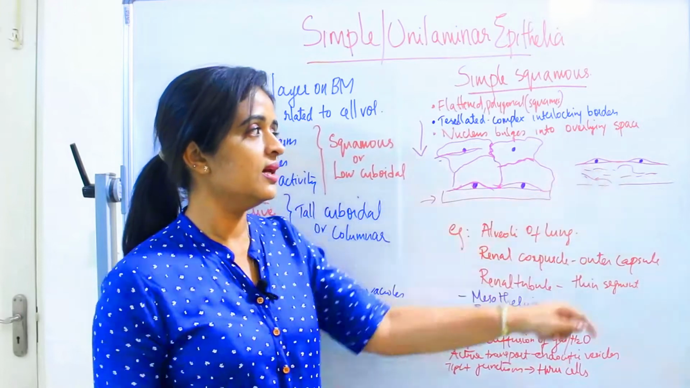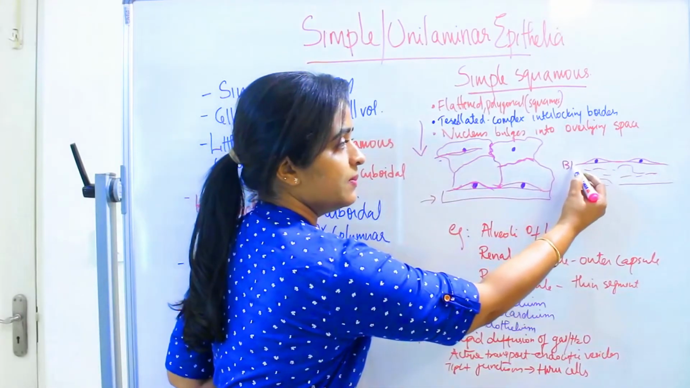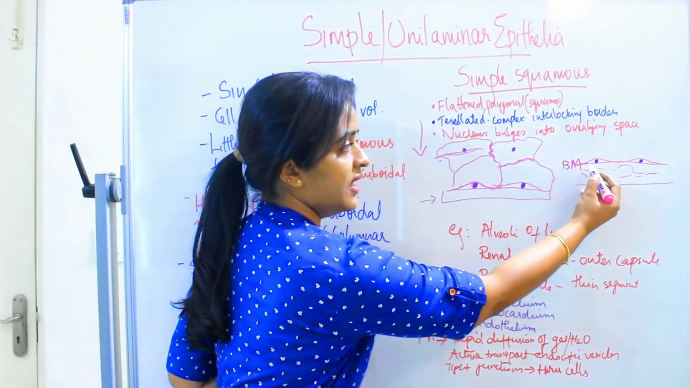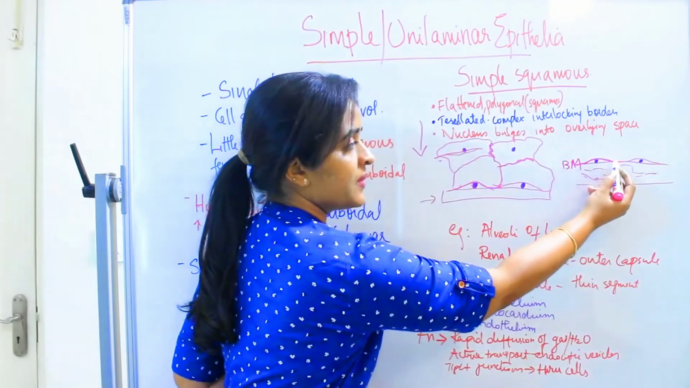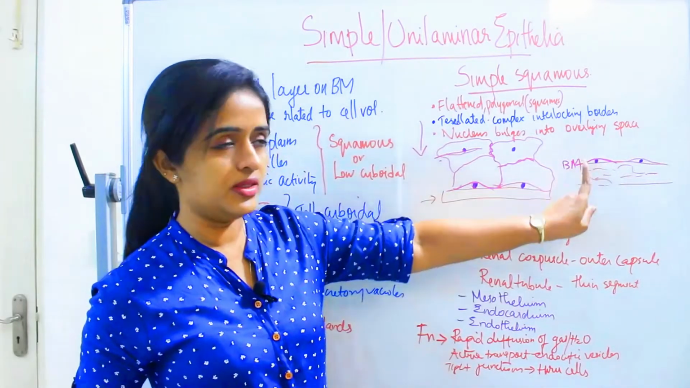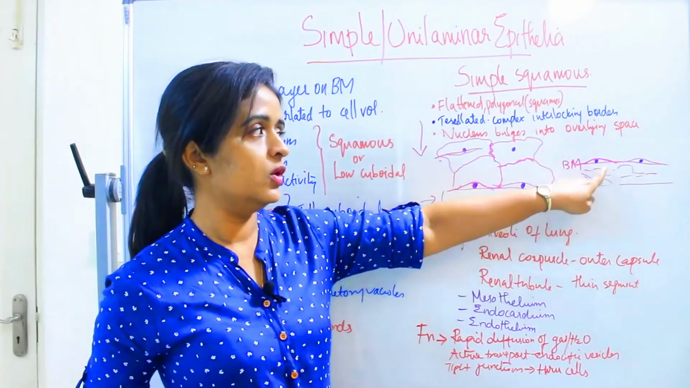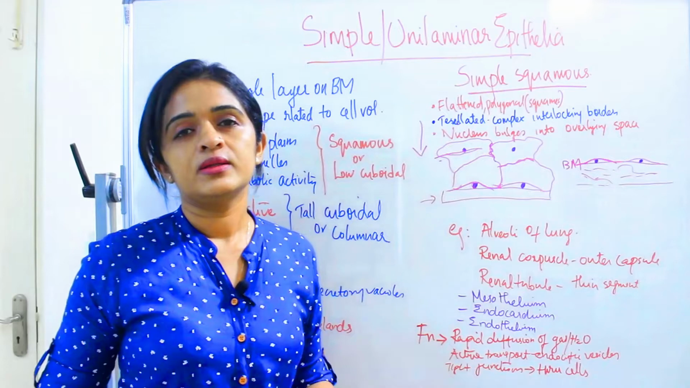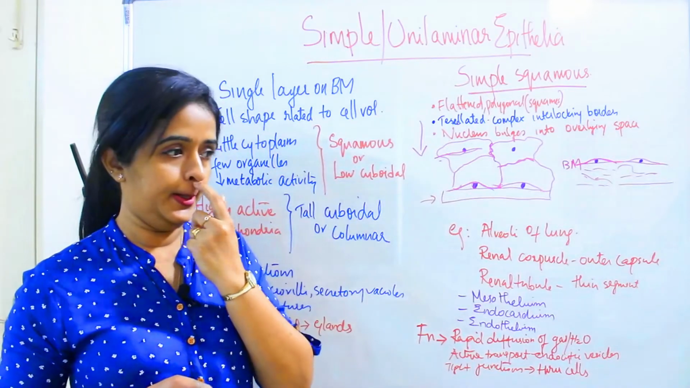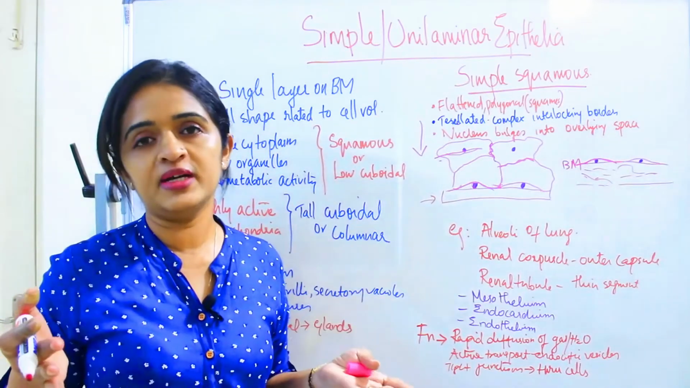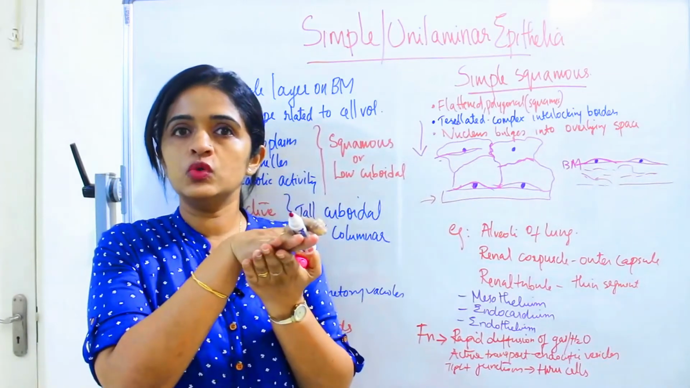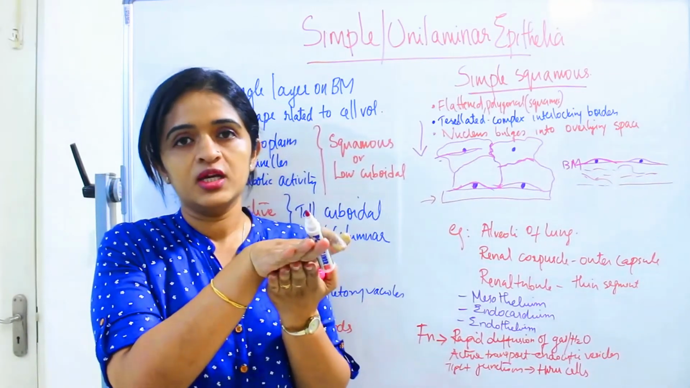So you can see this is the basement membrane. This is the basement membrane, and this is the cell. And in the center you can see a bulge in order to accommodate this nucleus, and below you have the connective tissue. So squamous epithelium, you can easily remember like this: please keep two flat sheets